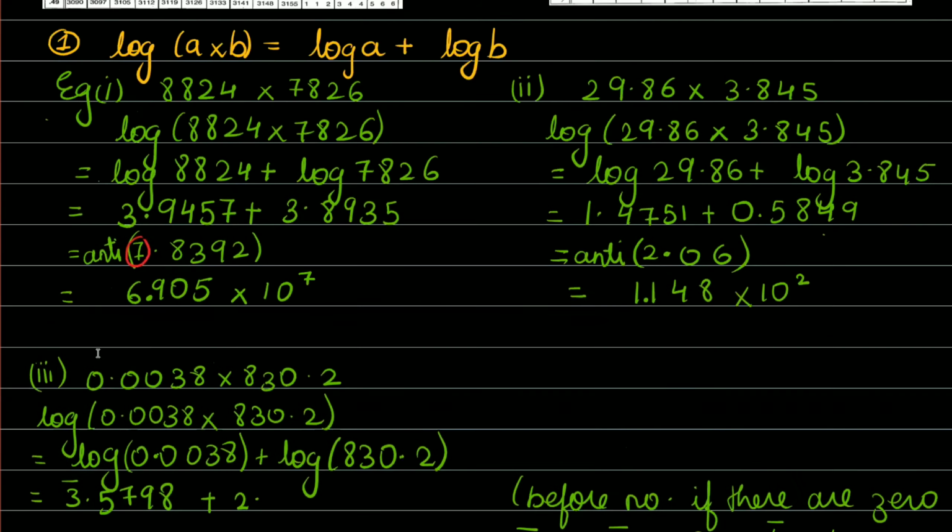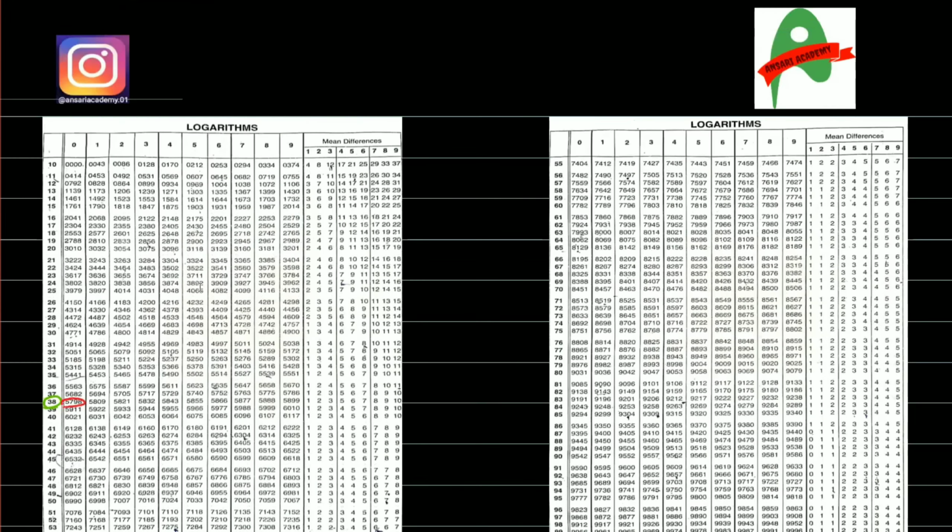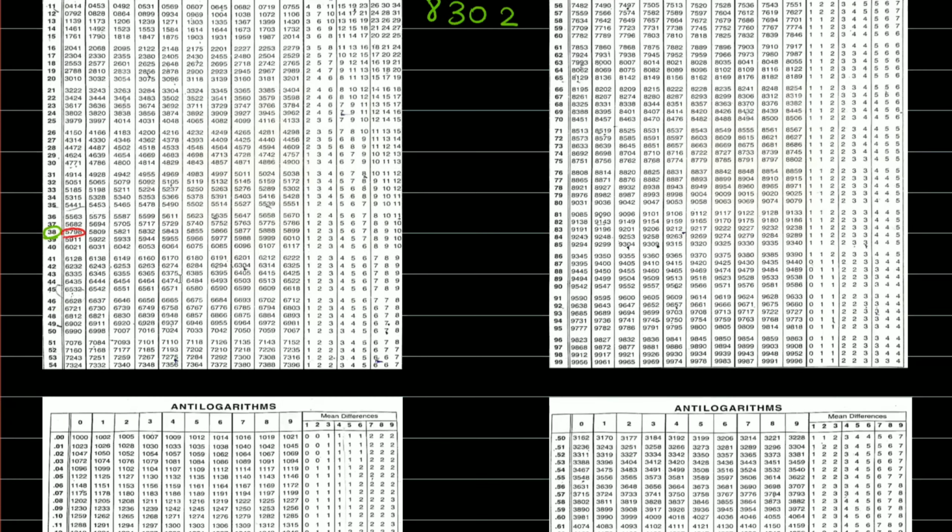Next, we have to find the value for 830.2 in the log. The value for 8302 from the log: the first value is 83 in 0. We are going to find 83 in 0. 83 is over here. 83 in 0 is 9191 plus the next value is 2.